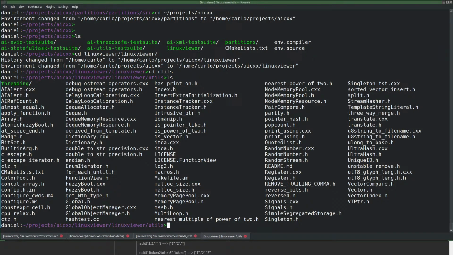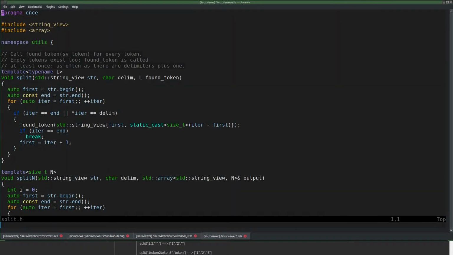I'm already looking at that and I don't see it. Split maybe. Split. Yep.